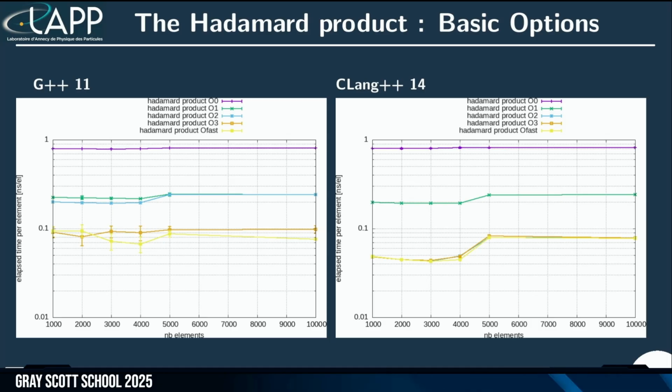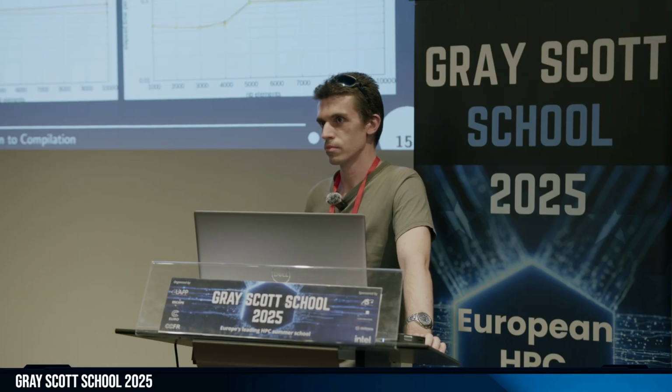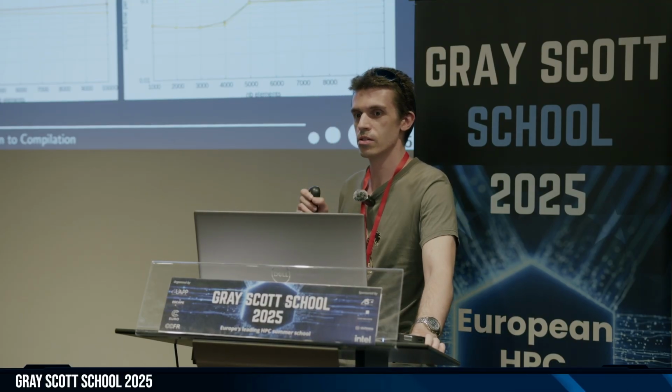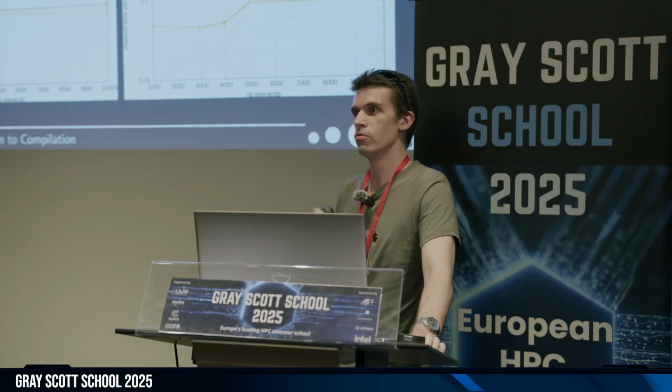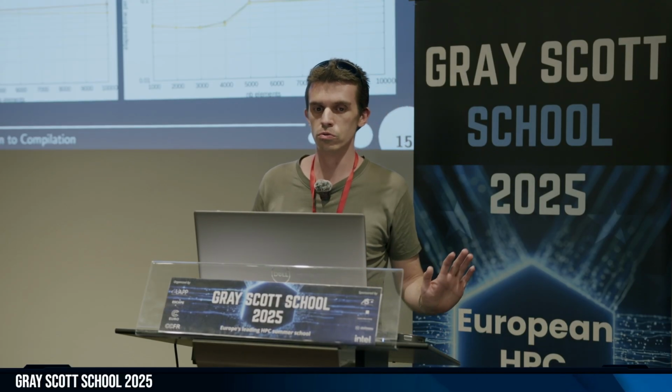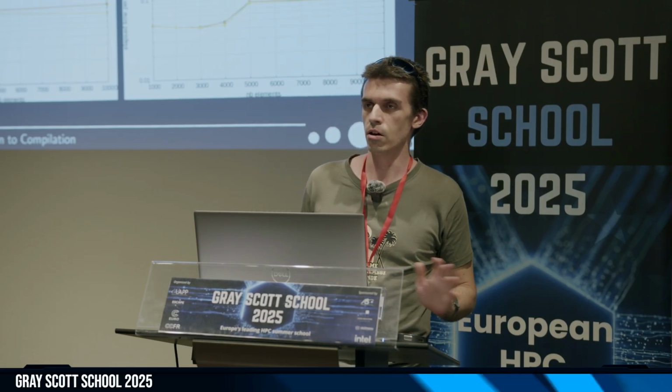At this point, I'm not saying that Clang is better than G++. The point is, they disagree on what is O2, O3, and OFast. Once G++ says, okay, I'm in O2, I do nothing, Clang will start to